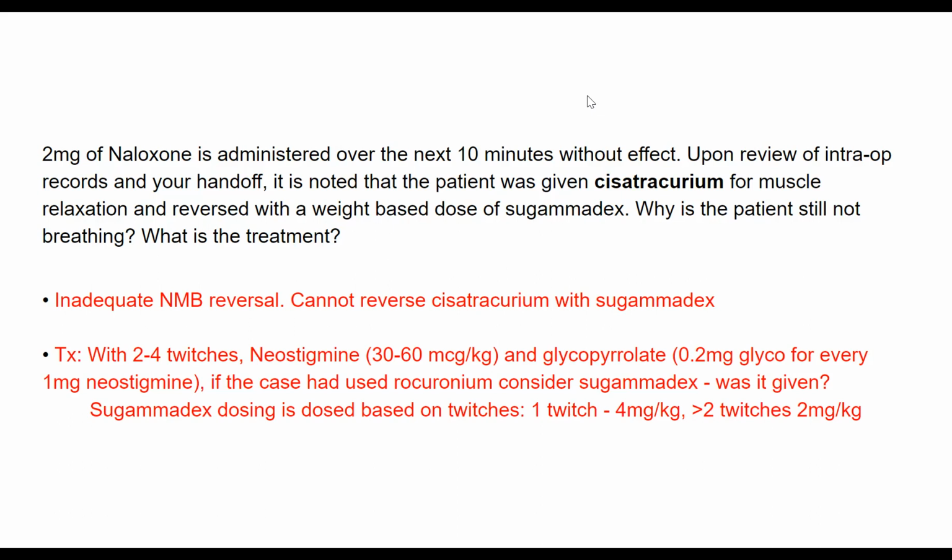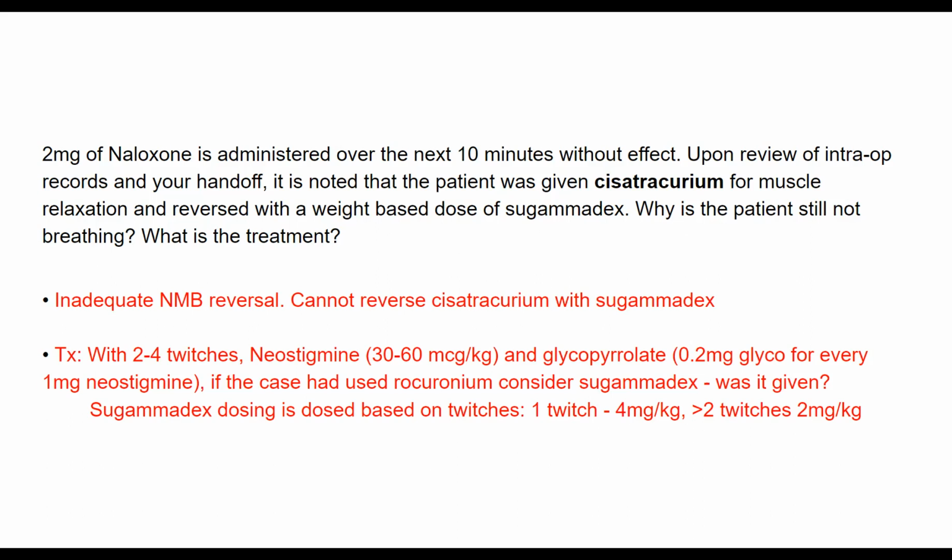And this does happen. So this patient comes out, you get a twitch monitor and we check their twitches, and maybe they have like 1 or 2 very weak twitches. They don't have 4 strong twitches. You can't stimulate a contraction and maintain sustained contraction. That's a good marker of neuromuscular recovery. If you can do sustained stimulation on the ulnar nerve and you get sustained tetany or contraction, you can demonstrate recovery, but they can't demonstrate any of that. So next step would be to consider reversal of the cisatracurium now that we have, let's say, 2 or 3 twitches. And we can give neostigmine and glycopyrrolate for that.